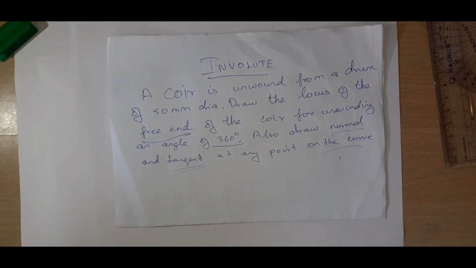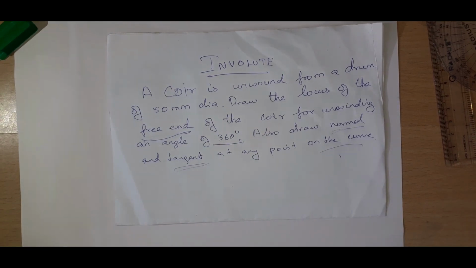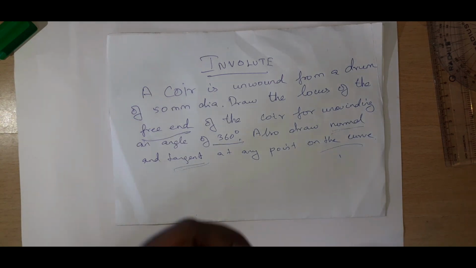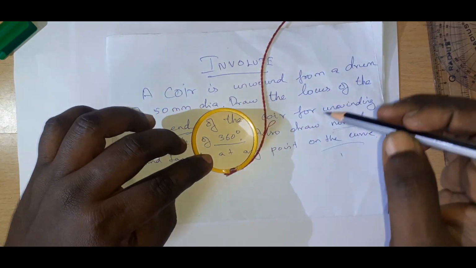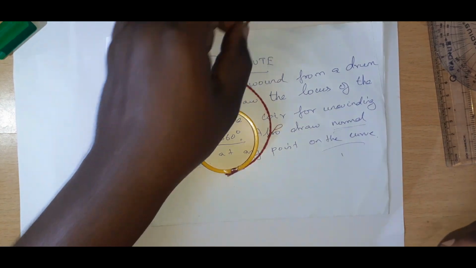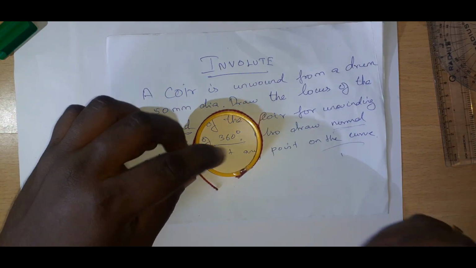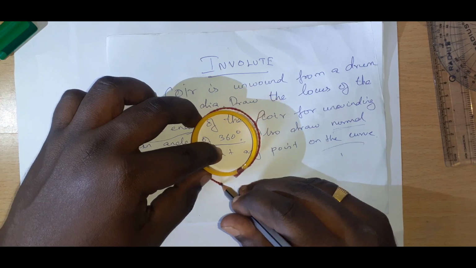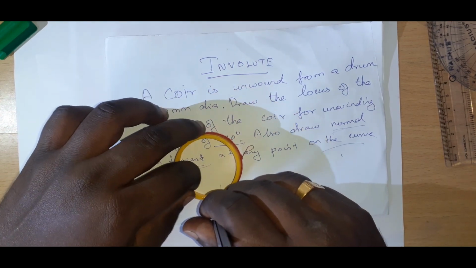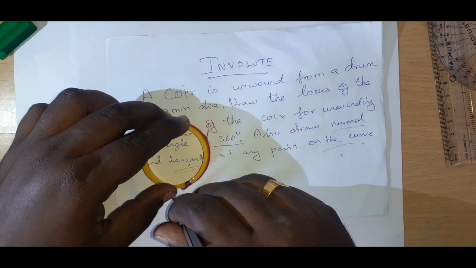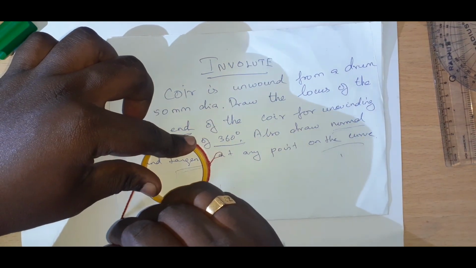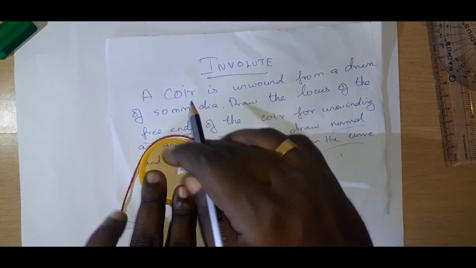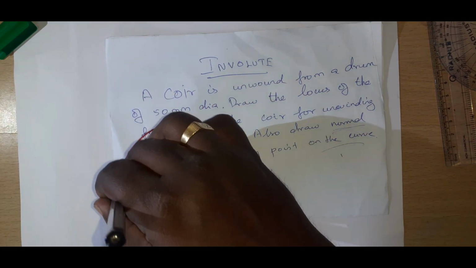Likewise, here we can see the next case, one more example. I just made a small thing for you. For example, this is the circle. Look at this end. This is a coil, wound like this for one revolution. Now I am going to draw a curve at this area. I am just going to fix it and wind it like this, so this curve will be drawn in this order.